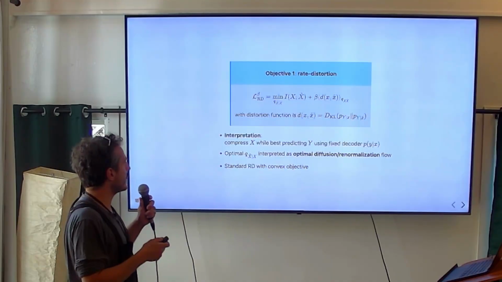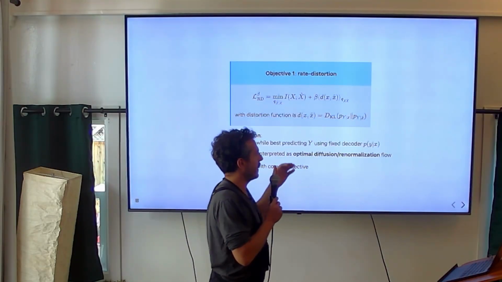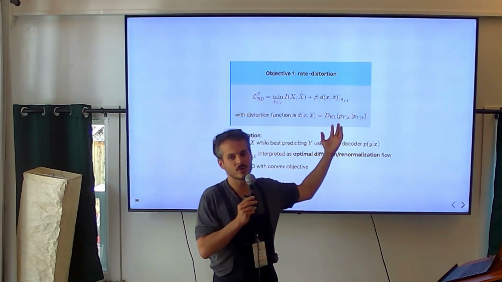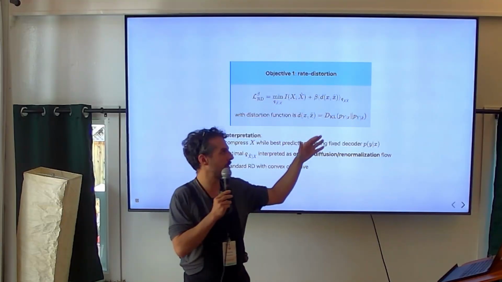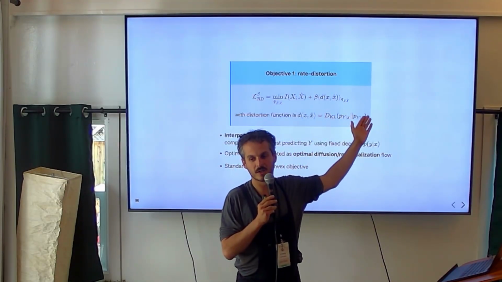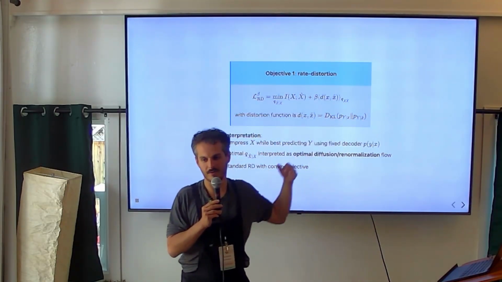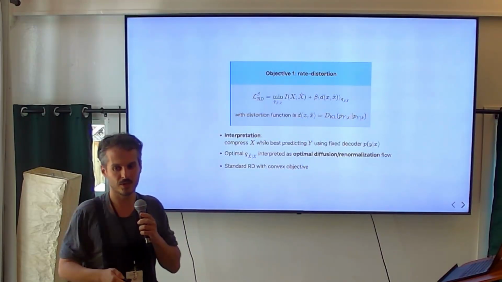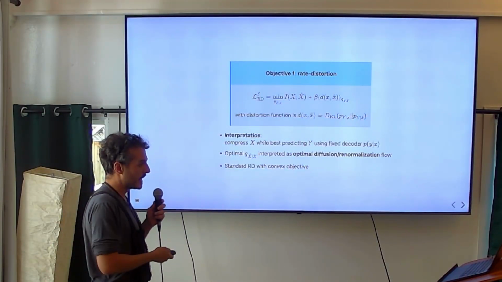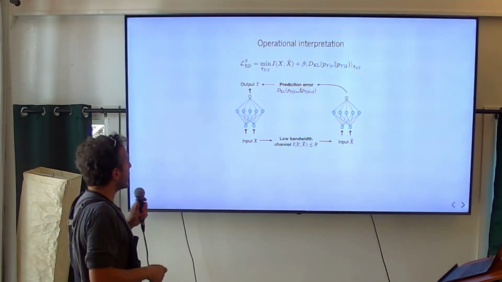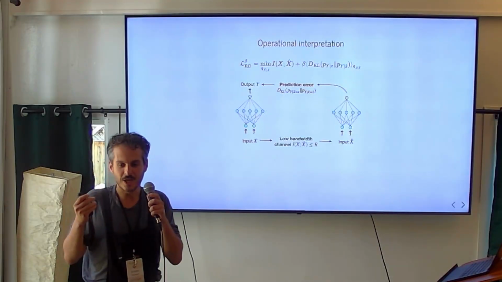There is one thing we can talk about in questions: if y is huge, so if y is the space of all future trajectories, this itself can be difficult to estimate. I think there are ways to get around it. And there's also an operational interpretation that I think helps.